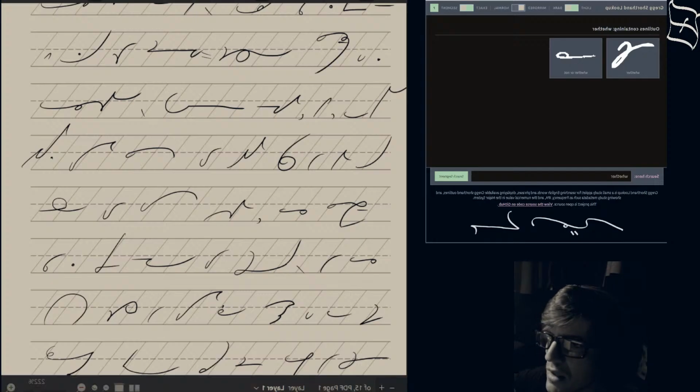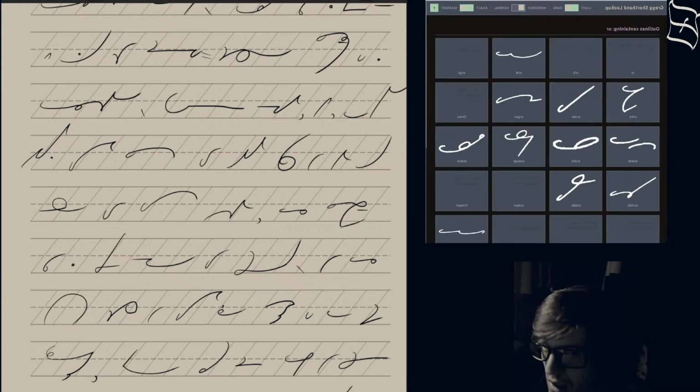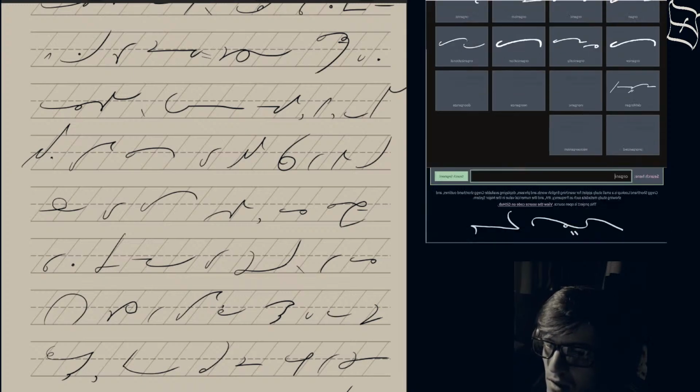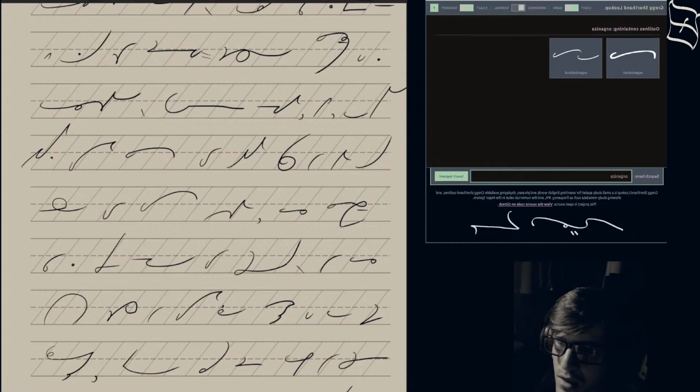I think organize and organizational are the same. Let me check that. Organizational. Okay, yes, I'm going to put an L there. I think actually I added it as an L, so there we go. Organizational context.